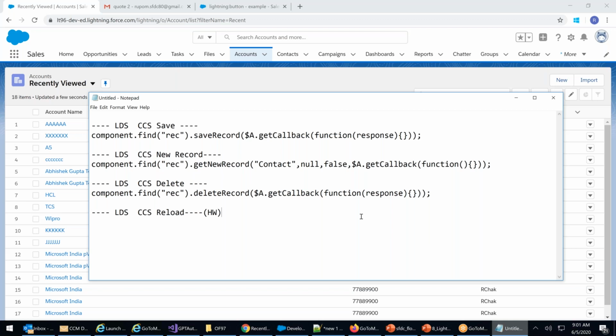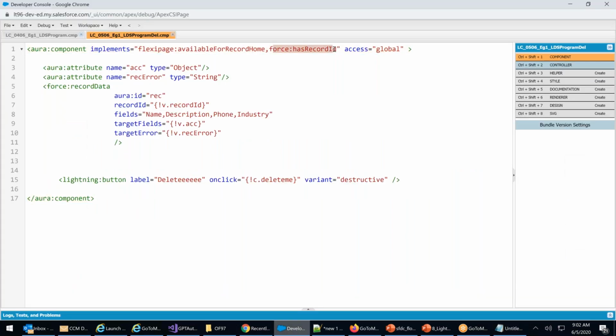I have a small doubt, sir. Tell me. That program is only for delete, right? That particular delete works on any account? Wherever you put the button, we didn't declare any particular account, so that's why. The reason is that I said force has record ID. v.recordId. Which record you want to delete?